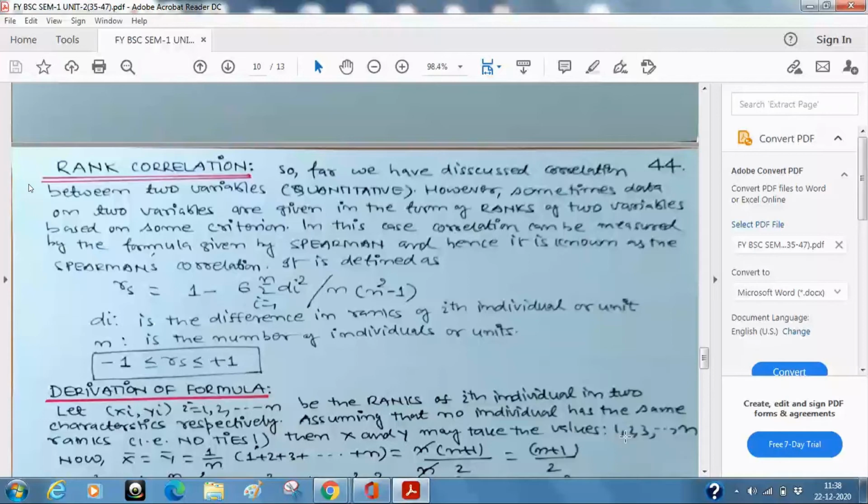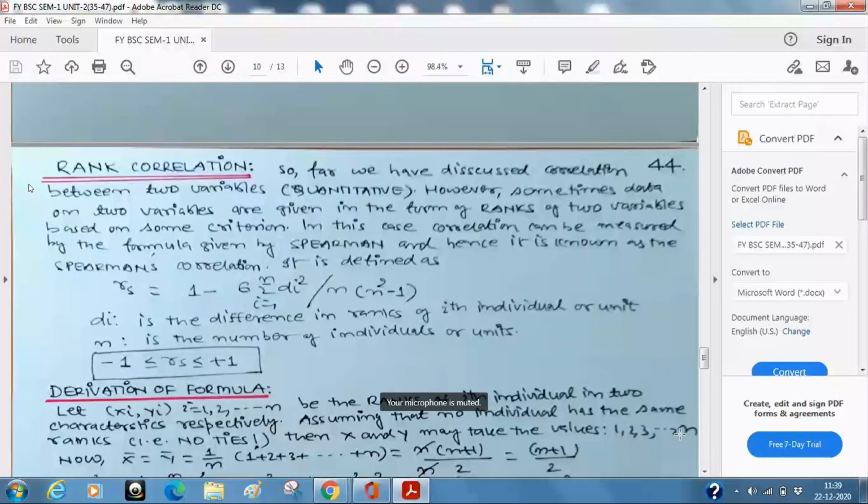If this is so, what is x bar? Remember that we have discussed that x bar is summation over i equal to 1 to n, 1 upon n, x1, x2, x3 and so on. So what is the x bar value? 1 plus 2 plus 3 plus and so on up to n. Do you recall this formula? This is the sum of the first n natural numbers. This you have studied in mathematics. Have you studied this? Yes, sir. What is that formula?